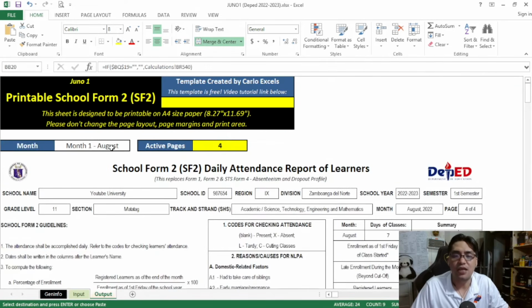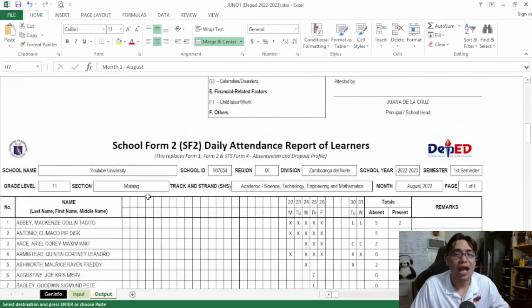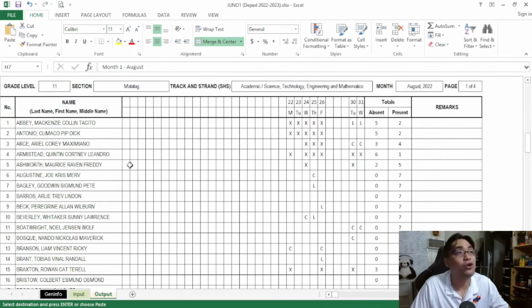I'd like you to look at this, my dear teachers. Remember that the student entered the month of September. So if the student entered the month of September, we should not expect the student to be on the SF2 for the month of August because he's not in our class during August. Please look at how the template adjusts. During the month of August, Agua is not found on the SF2 because technically he's not yet a part of